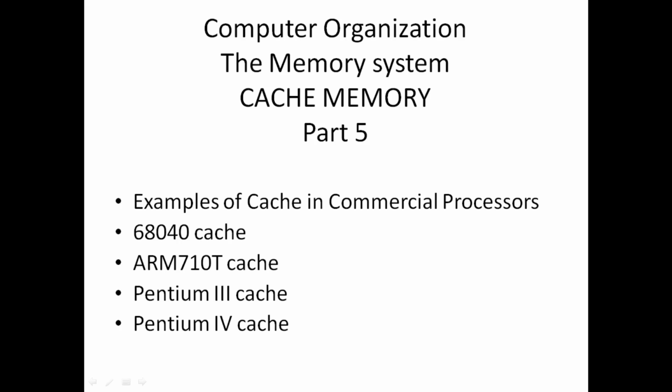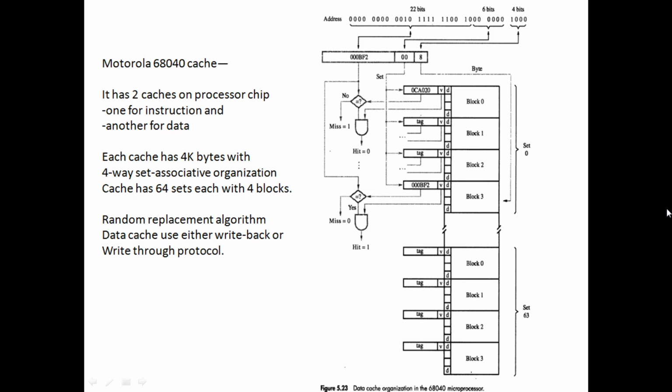Now this one is the example for cache memory. Some examples, let's see: we will see about the Motorola 68040 cache, then ARM and Pentium 3 and 4. A little bit about what information, what are the differences in them. This one is the first one, Motorola 68040